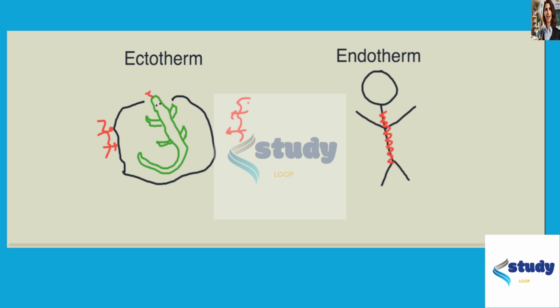Endotherms, on the other hand, are organisms like humans, who use their own bodies to make heat and energy. If you break it down, endo is like inside, and therm, again, is like heat. And these are your warm-blooded creatures, quote unquote. Now, endotherms make their heat through metabolism, usually. So the processes of digestion and breaking down certain chemicals from the food that we eat is what produces our